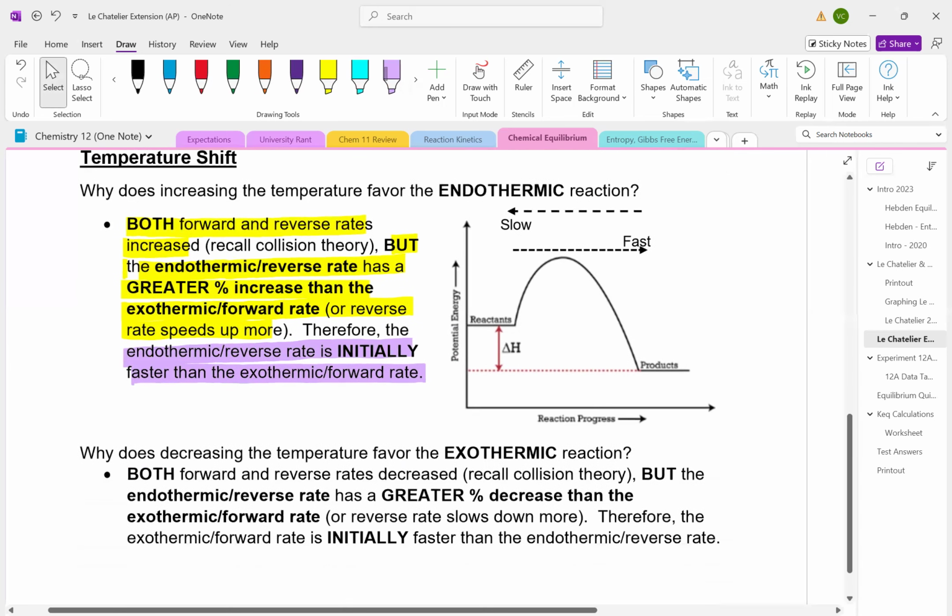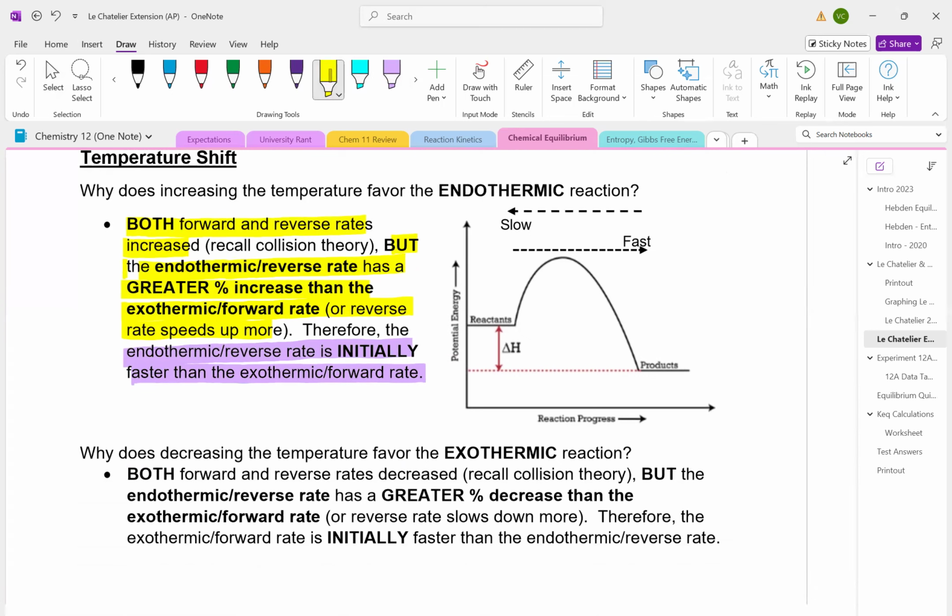Why does decreasing the temperature favor the exothermic reaction? Again, if we take a look at rates, both the forward and reverse rate decrease, but the endothermic or reverse rate has a greater percentage decrease than the exothermic or forward rate. Therefore, the exothermic forward rate is initially faster than the endothermic